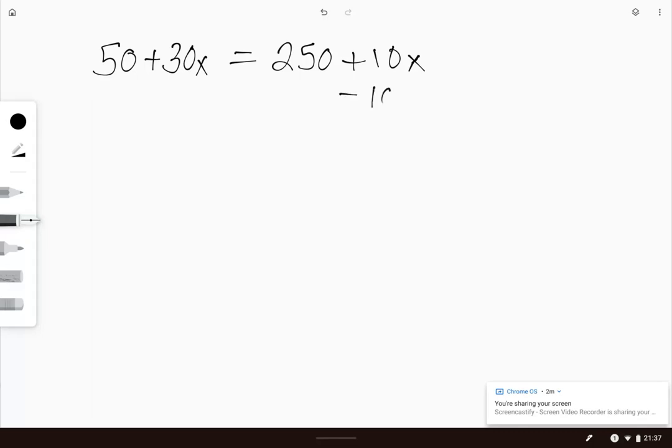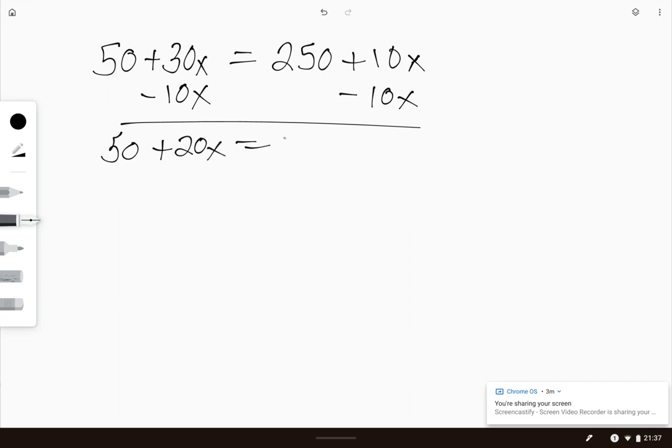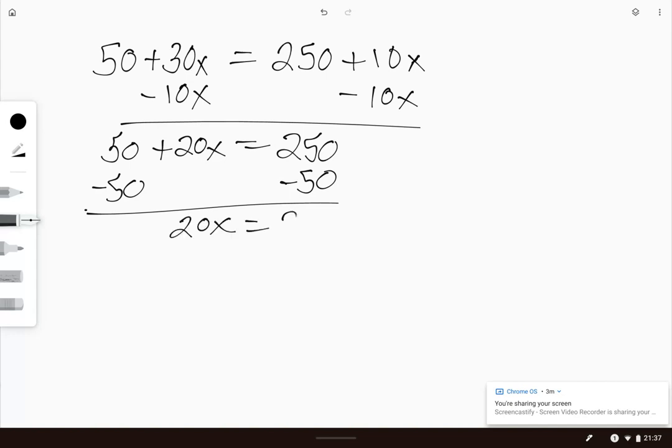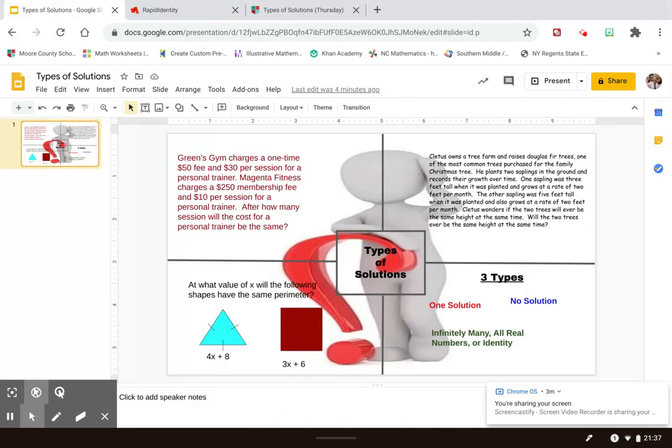As always, I'll move my variable to one side of the equation. I move the smaller to the larger, so that gives me 50 plus 20x equals 250. Then I subtract 50 from both sides. That leaves me with 20x equals 200. Divide both sides by 20, and x equals 10. So what x equals 10 means to me is that after 10 sessions, the cost for each personal trainer will